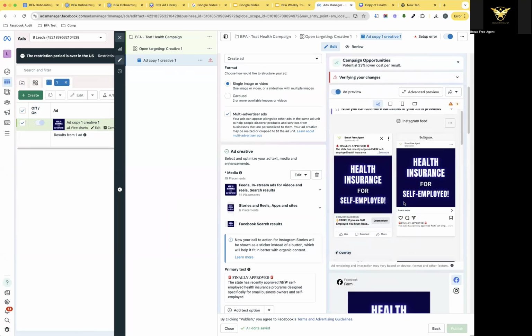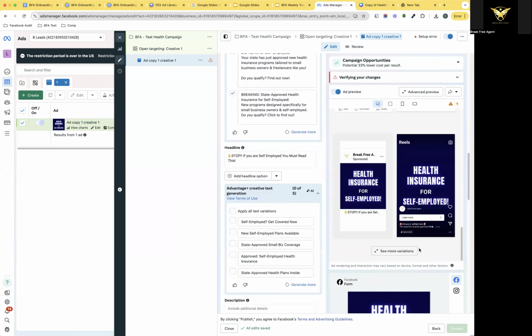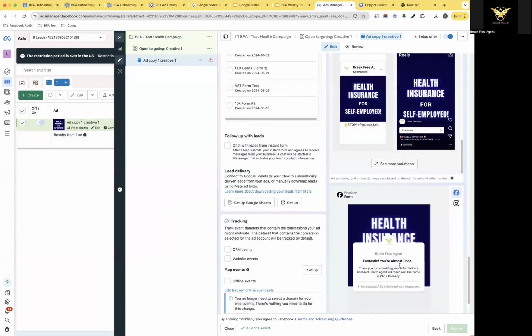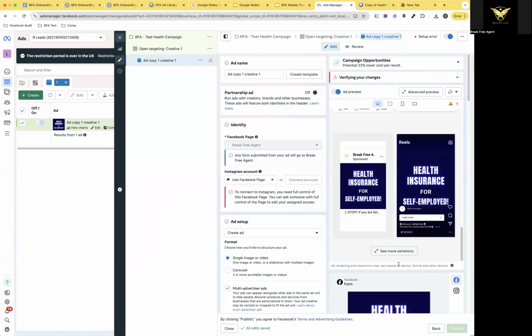So we got the ad, looks really good, calling out the people that we're targeting, which are self-employed. Then you have a form that asks the correct information that we need to help the client once we get a hold of them. So we are rock solid. So once this is done, the ad copy is done, the ad creative is done, the headline is done, the form is done, you'll just simply go up here to the top